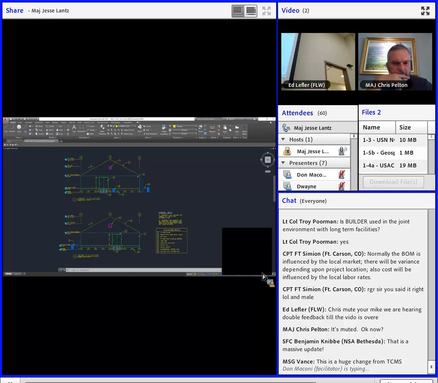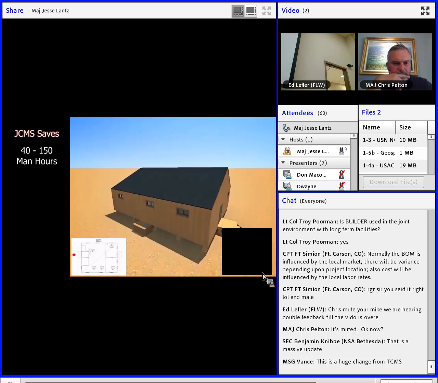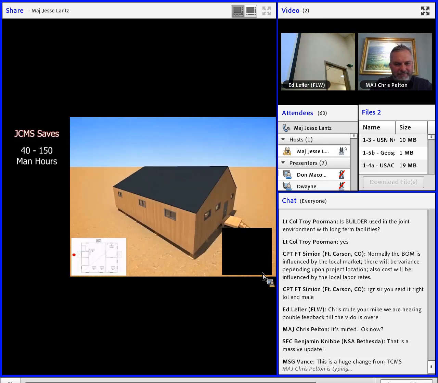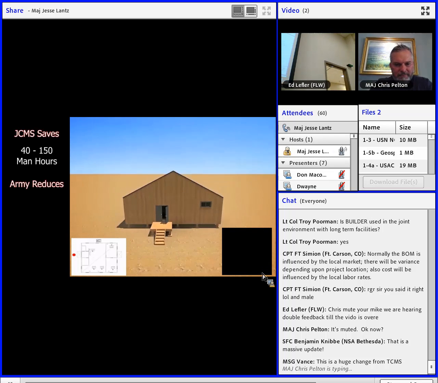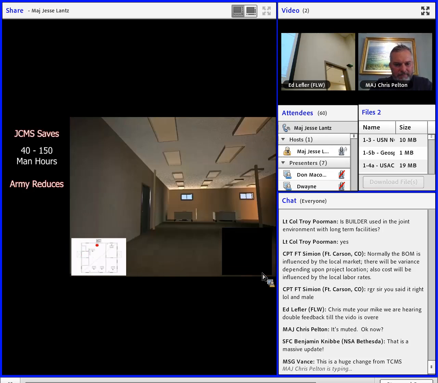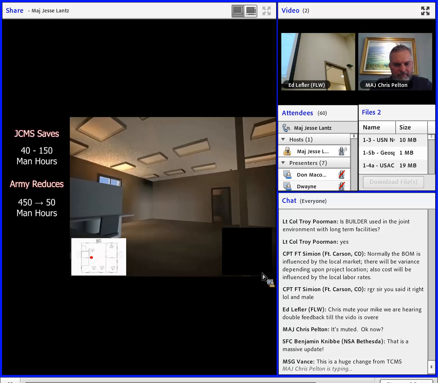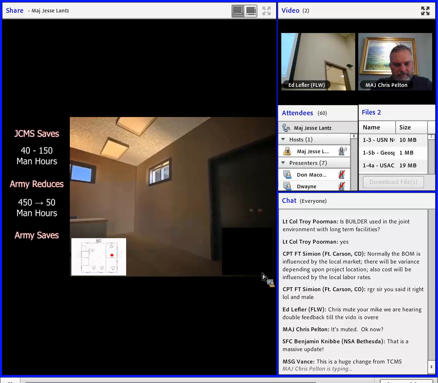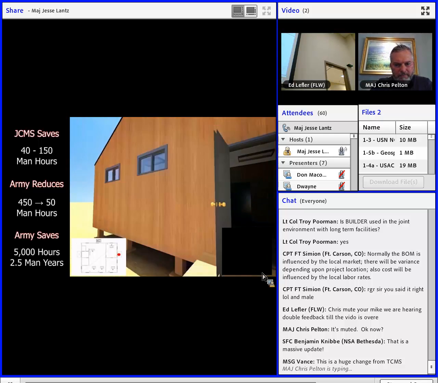An individual JCMS facility can save the warfighter between 40 and 150 man-hours of design, estimating, scheduling, and ordering time. Through the integration of automated master planning and analysis tools, the Army reduces the time to master plan a Brigade Combat Team, or BCT base, from 450 to 50 man-hours. Compounding facility design savings across a BCT base, the Army saves over 5,000 engineer hours of design, or 2.5 man-years